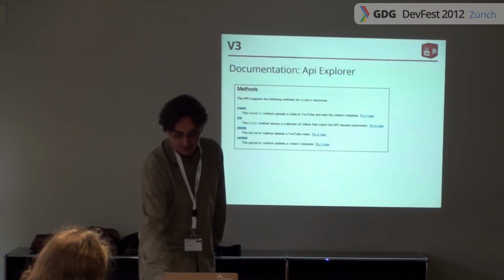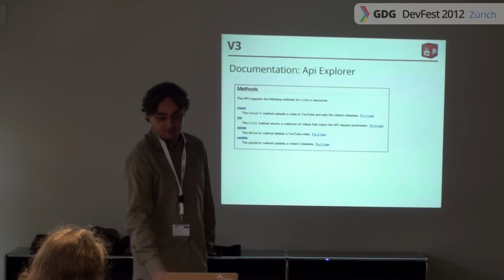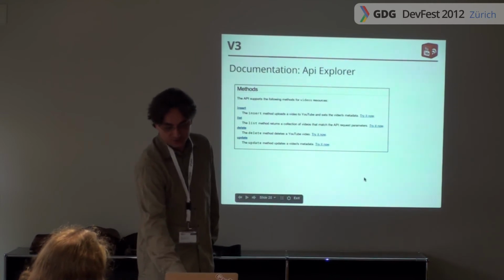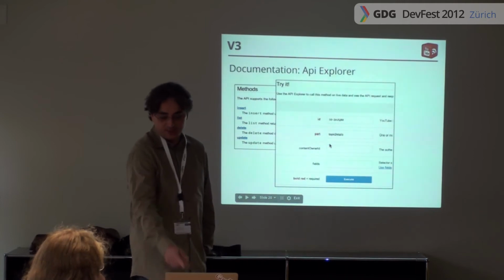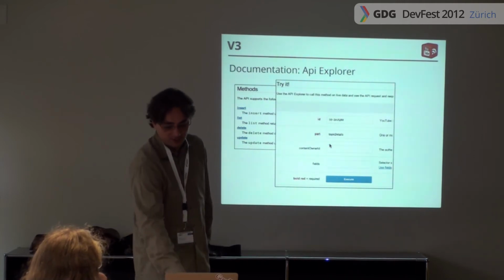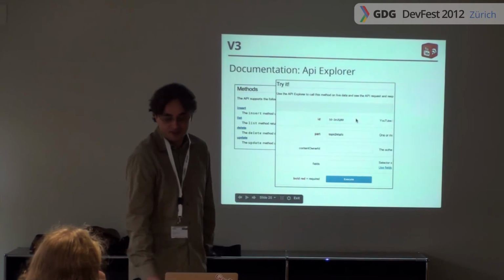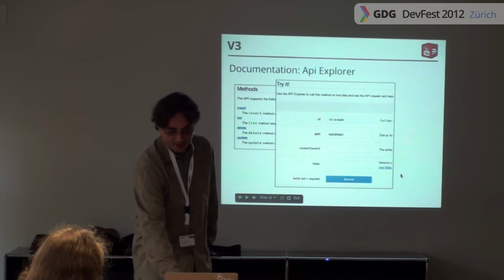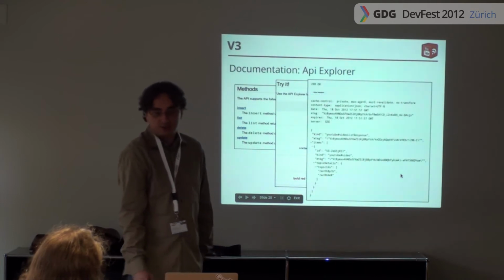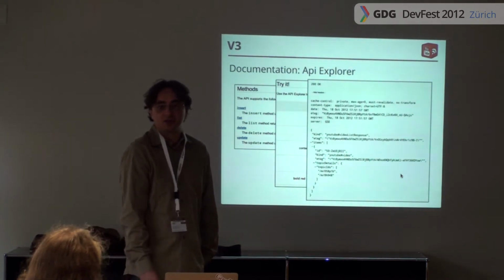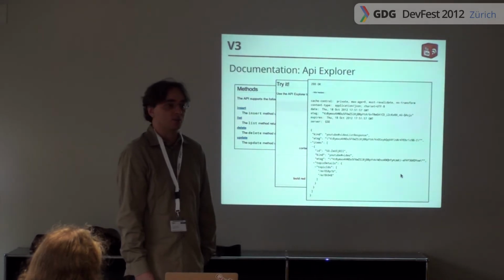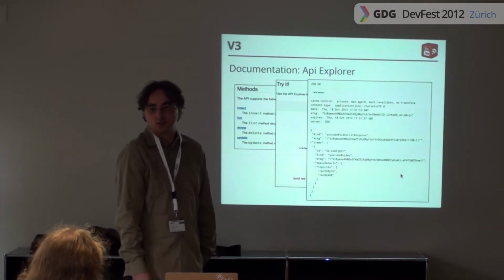So the snippet, actually first, how you can explore it. We have the documentation, and for every resource we have the operations that you can do on it. Then if you click on Try it now, what happens is that we enable you to try it on the spot, so you basically need to fill out the fields that are necessary for the request, right? Then you can execute the request, and we will show you the request that you actually made and the response. This makes it really easy to explore the API and see what you can get and for what kind of request, before starting to code your app.